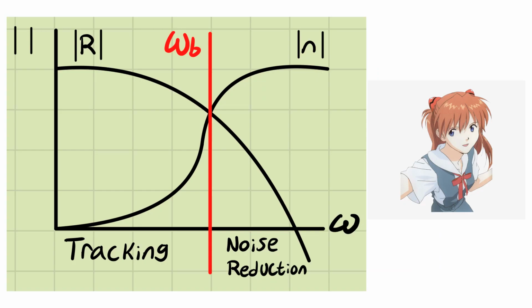frequency domain. As you can see, there is a frequency at which noise surpasses tracking. This point, omega B, will split the frequency range into 2 sections, one where we can pursue tracking and another